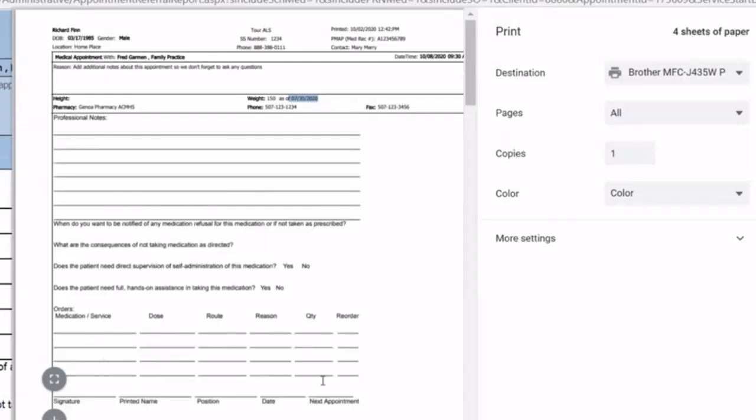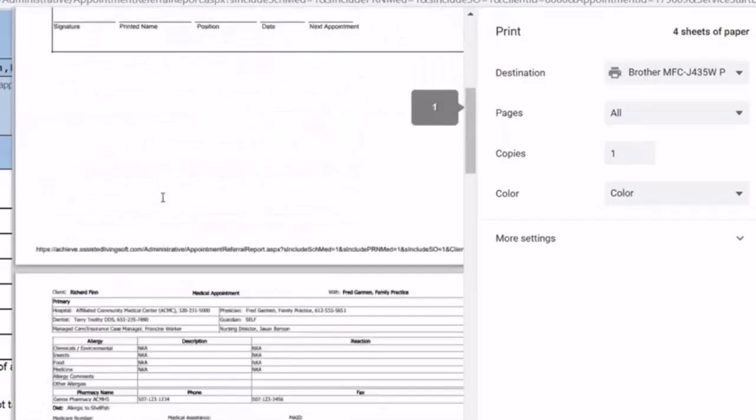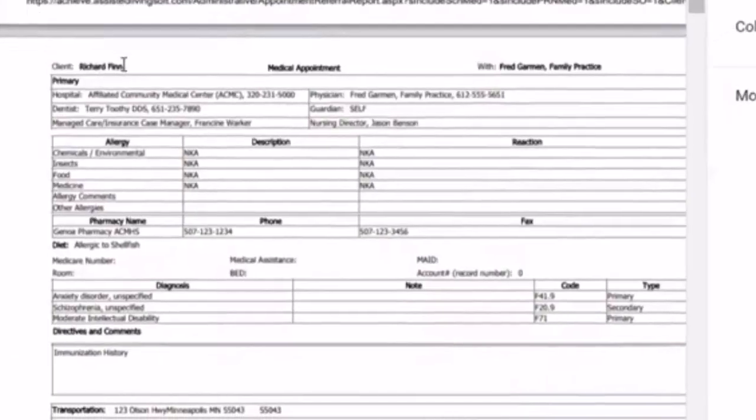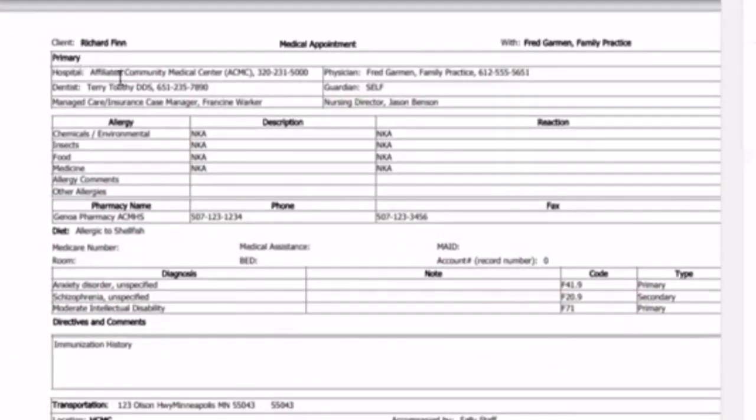This can be customized when you set up Adaptive to have a different first page for every type of appointment. So for example, a physical therapy appointment probably wouldn't have all these medication orders in, but might be talking about new exercises that someone should be doing at home or things to look out for, etc. That's page 1. Page 2 would show this Rick Finn's primary, his preferred hospital, his dentist, his primary physician, who's